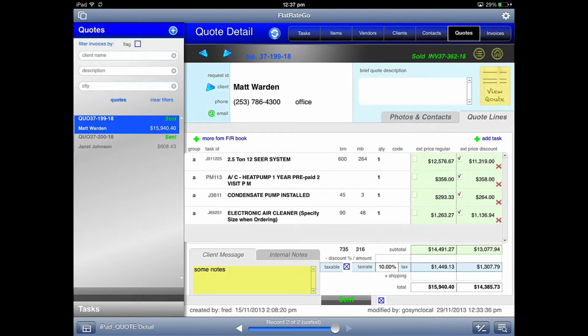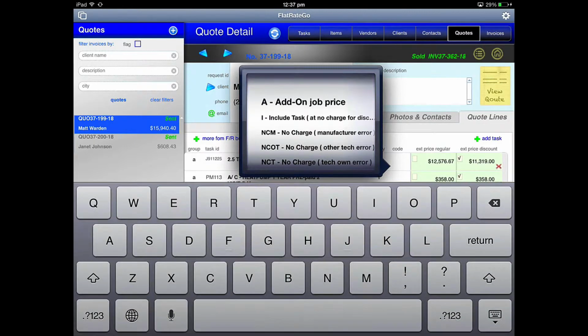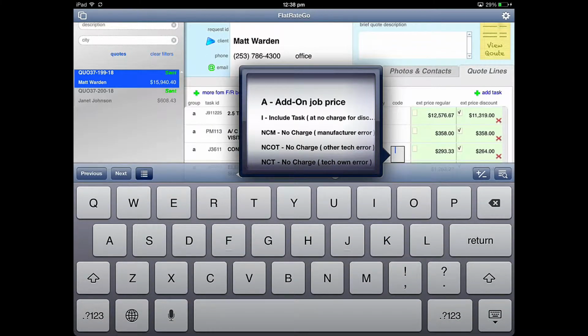So we're selling a 2.5 ton 12-SEER system with a prepaid maintenance agreement, and so we'll look at the condensate pump and the air cleaner might be sold at an add-on price because they're buying the main system at the full task. So what you do is select in the code column, you can just select add-on job price,